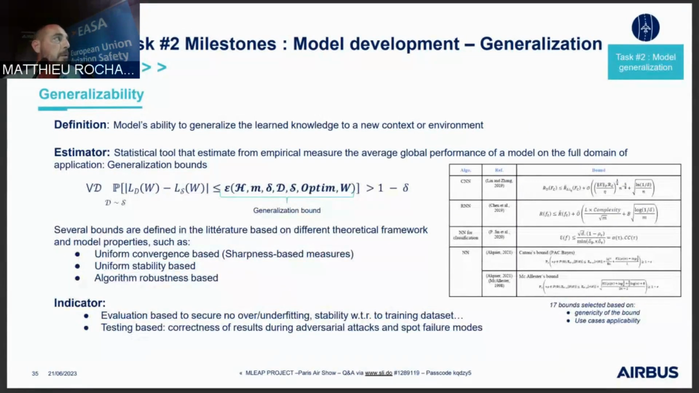Generalizability is the capacity of a model to generalize what it has learned during the training phase and to be able to adapt to new contexts and new environments. We want to estimate that to secure a certain assurance level of our algorithm. And for that, we have what we call the statistical bounds, where we say that globally, the error that my